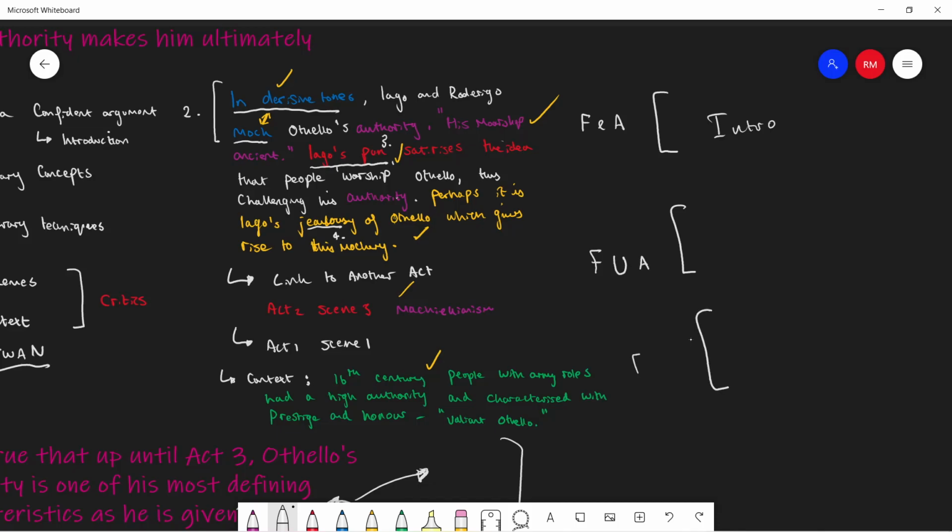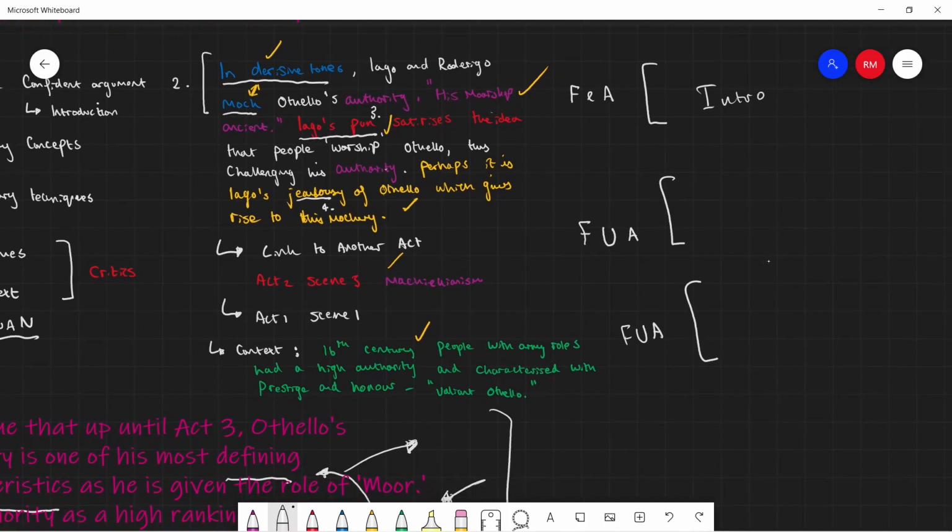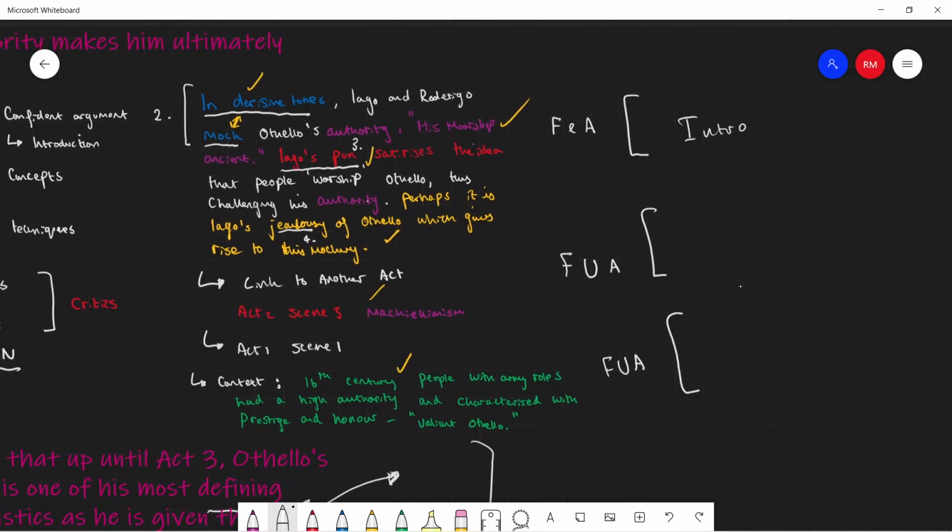For your next one, you can have for or against. But when you're doing this, these two paragraphs have to flow into each other. You could say from here, Iago's jealous or whatever, or you could carry on saying, well, Othello doesn't really seem admirable because of the way Iago has presented him. And then you could